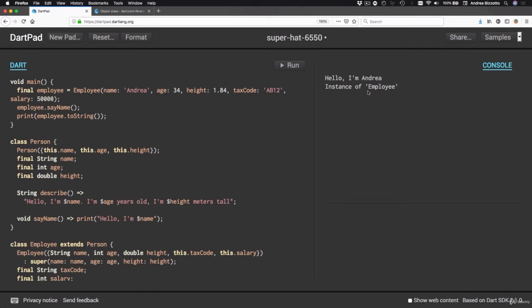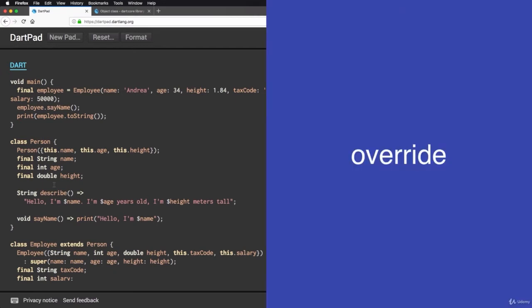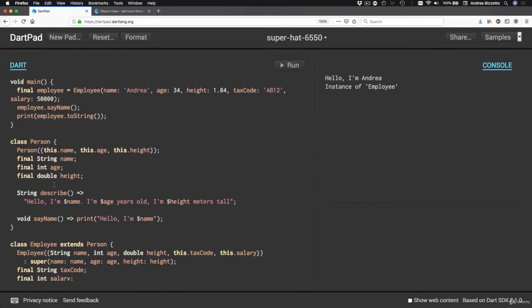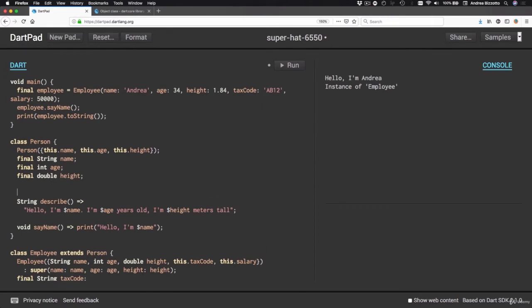However, we would like to make the toString method a bit more useful and specific for the classes that we have created. So to do that, we could implement the toString method in the Person class. Another way of saying this is that we're going to override the toString method of the Object class. So let's do this. In the Person class, I'm going to type in String toString with brackets